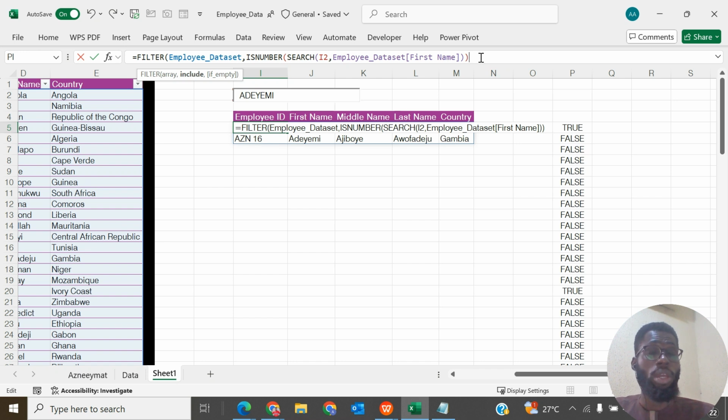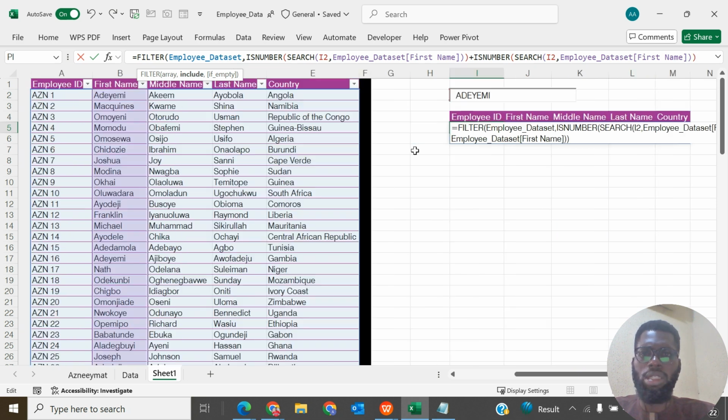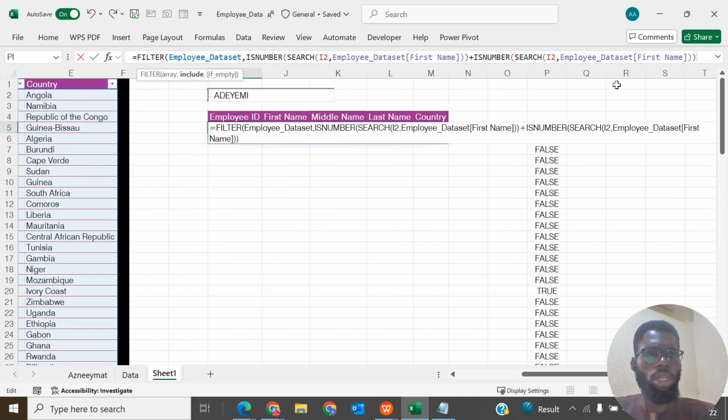Then next here, you need to understand the concepts of the AND logic functions, then the OR logic functions. When you want to use the operator for AND functions, it is a multiplication sign. When you want to use the operator for OR functions, it is the plus sign. So here what we just need to do is use our plus, then paste this again. Then we're trying to say we need you to look at this for us on the employee ID. So we have employee ID,